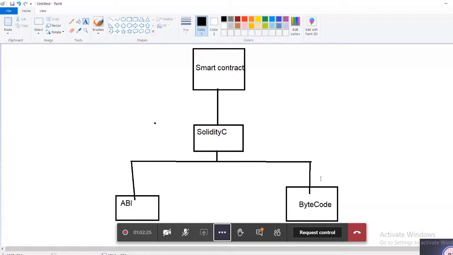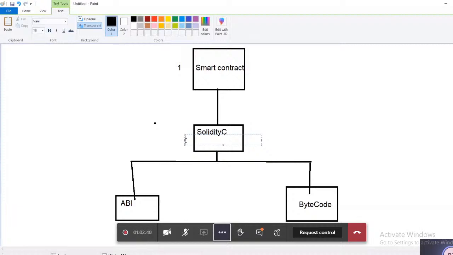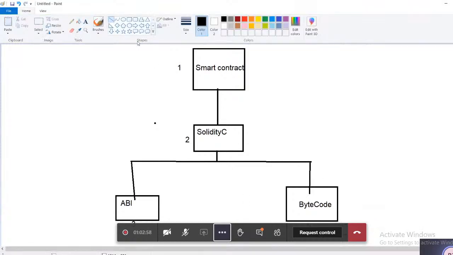When the person explains the development of the smart contract, obviously you got this information. It is a normal scenario. So the first step, we write the smart contract. Second step, we compile the Solidity. Third step, the ABI will be generated. And then fourth step, the bytecode will get generated. And finally, this bytecode will be connecting to the